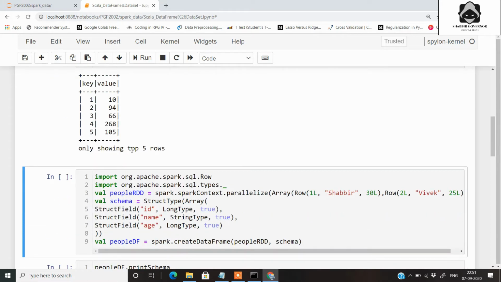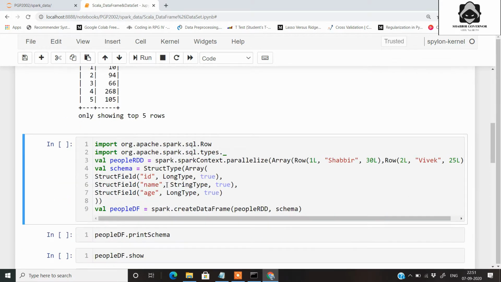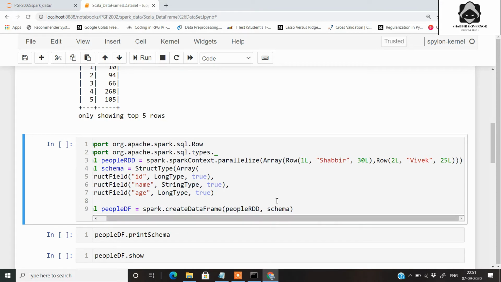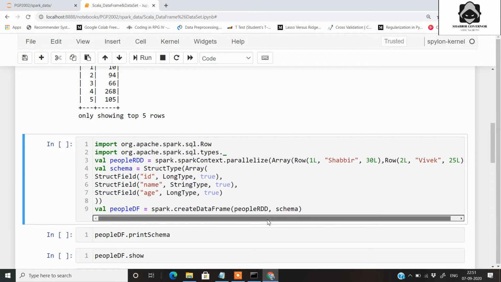So it only prints the first 5 records. Now next, we have an RDD which is of arrays of rows. For that you need to import this Spark SQL Row module from org.apache.spark.sql.types. So what we will be doing in this case is that firstly we will be having rows of ID, then name and age. We have two rows of such kind, and we define a schema using a variable called schema,